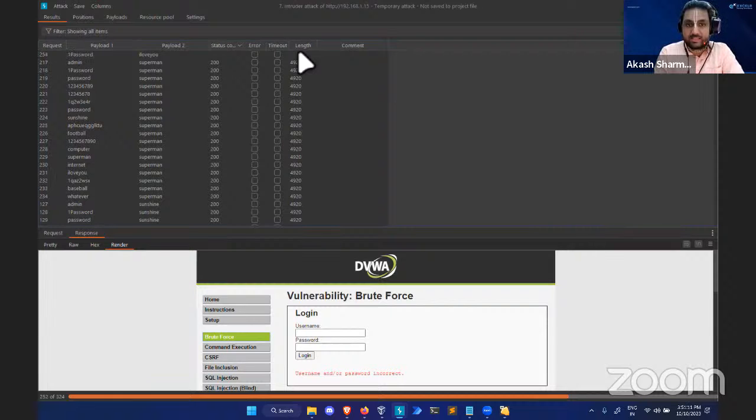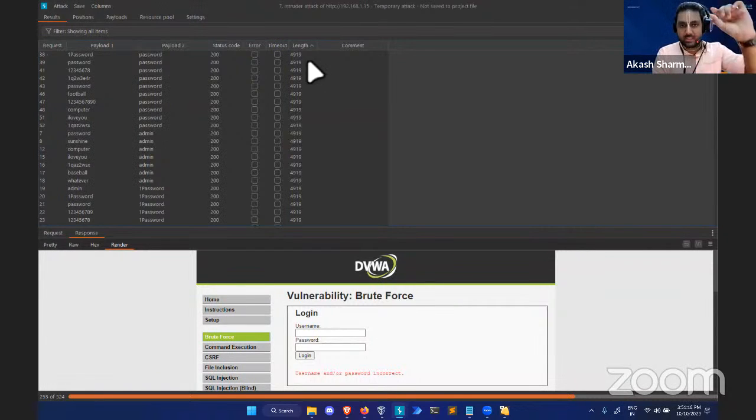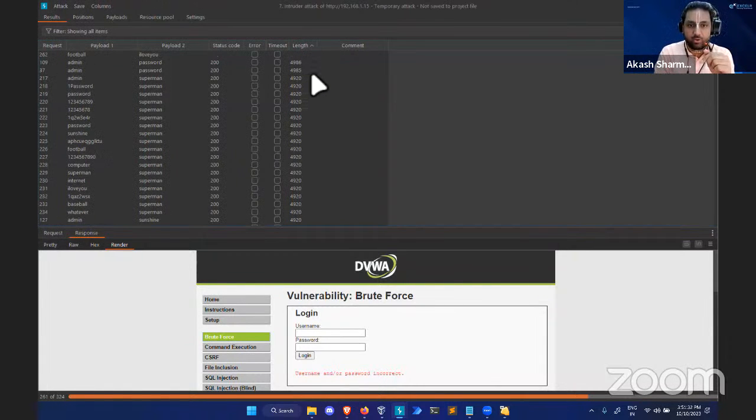So if I do the sorting in length, as soon as I do it, the shortest one comes up first because it's ascending from short to the highest. If I click it again, it will turn into descending order. You know, ascending and descending. I hope this is basic stuff. I assume you guys know about it. As soon as I click on that again, I get the descending order. And now you can see there are 2 pages which are in the descending order, and they have a different entry point, different length. If you see here,